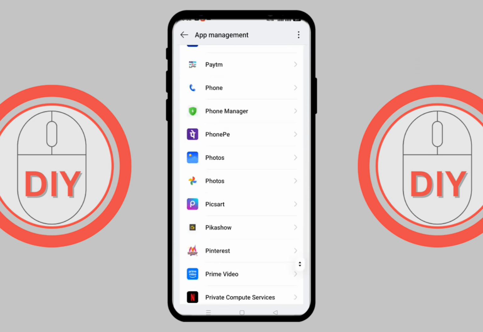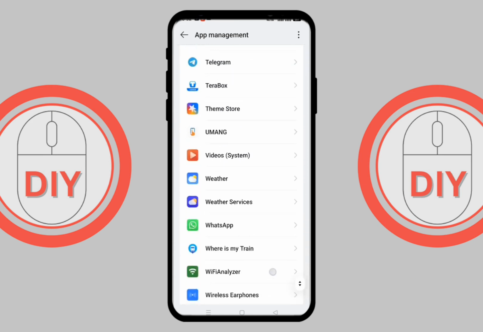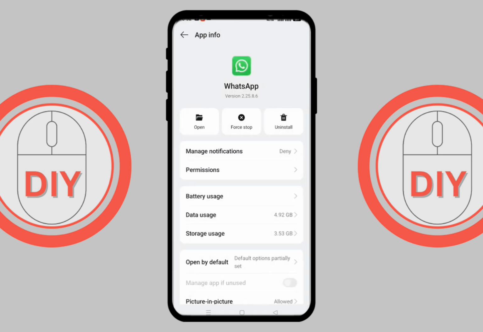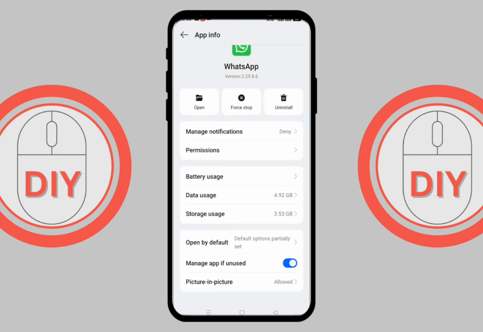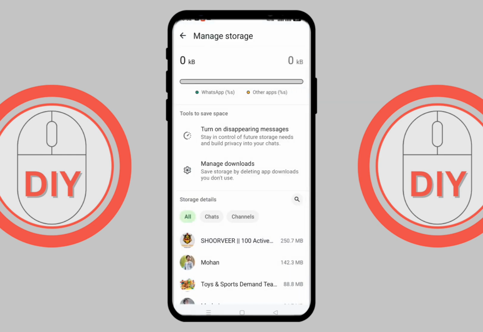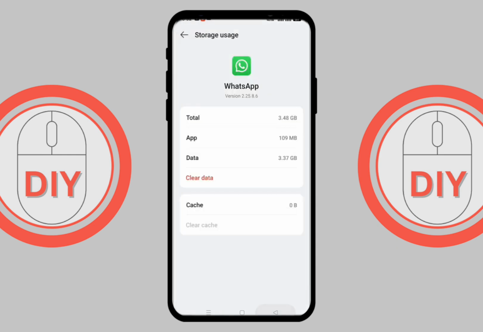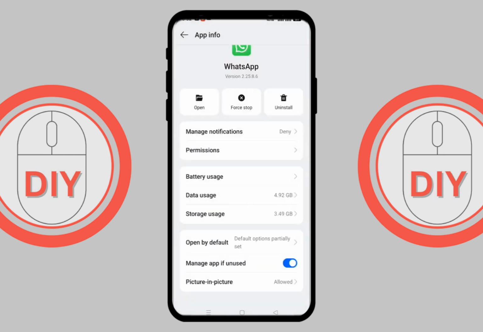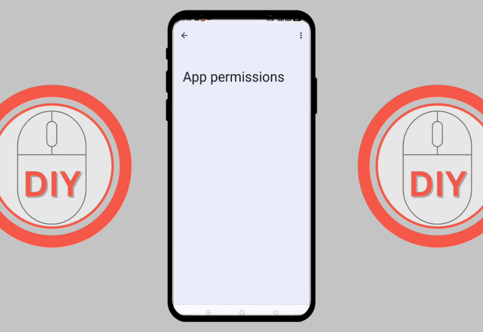So now just scroll down and search for WhatsApp and where it is. Click on WhatsApp, and then here you have to click on storage usage and then clear the cache as well as the data. After clearing this, go back, click on the permission button, and then allow each and every permission here. After doing this, you just need to restart your phone and check whether the add music feature is